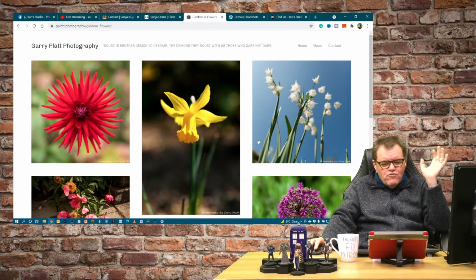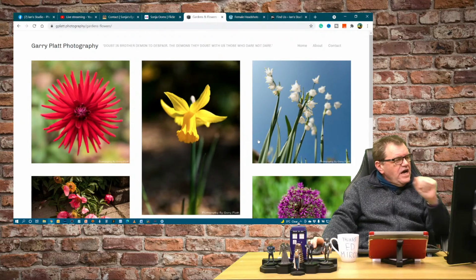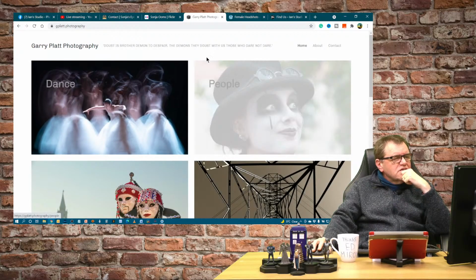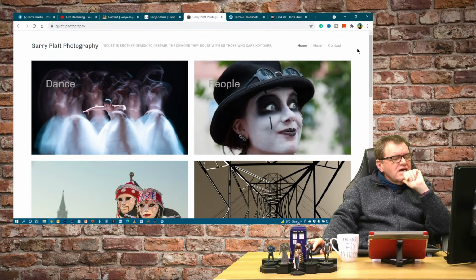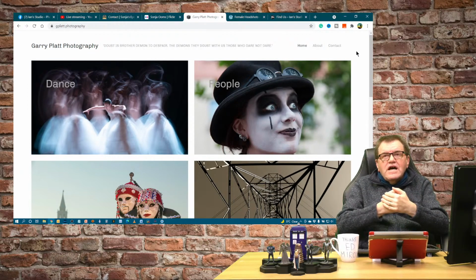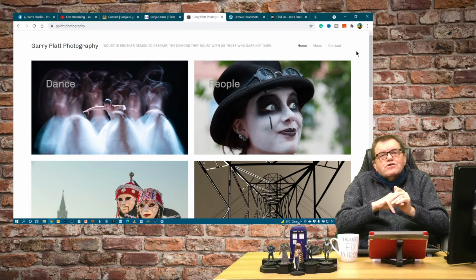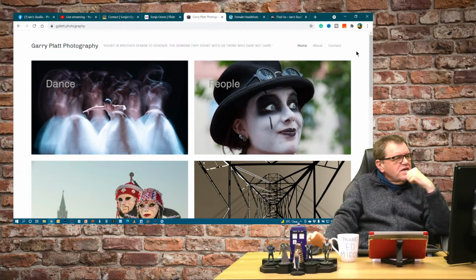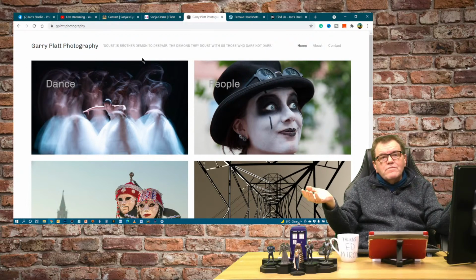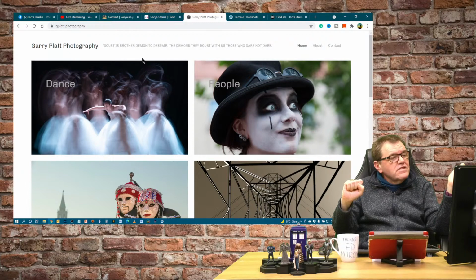I do like that the website is really simple. I'd like to see a little bit more on that homepage about what the purpose of it is and who it's aimed at. I get the impression it's basically your portfolio to show off your images. Now, you wouldn't use the term show off, but you get the idea. So somebody coming in here just knows what it is. It might just be, welcome to my portfolio, please have a look round and let me know what you think.